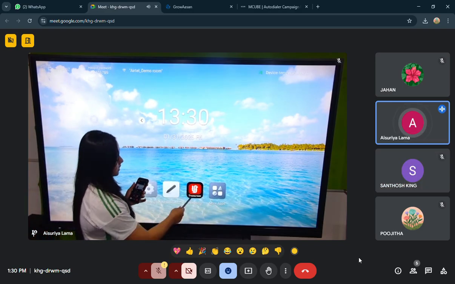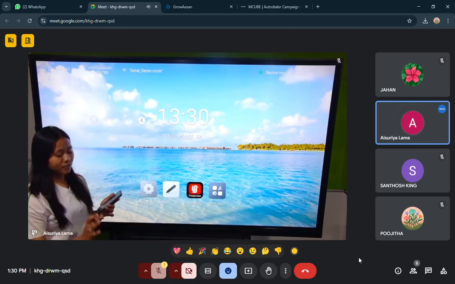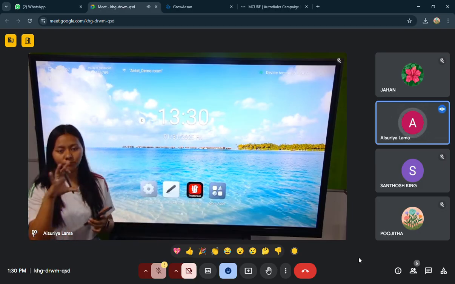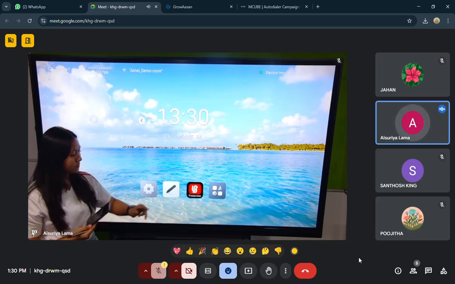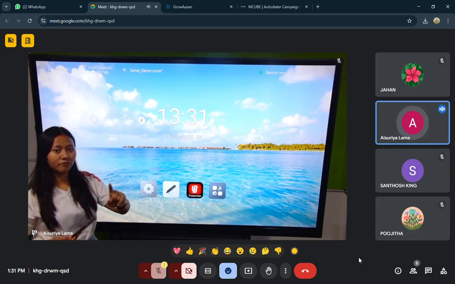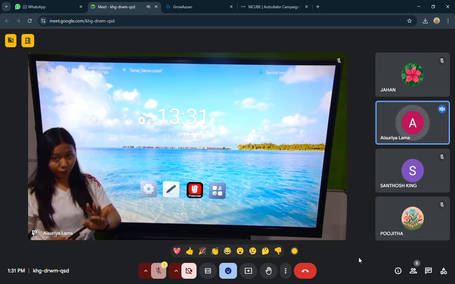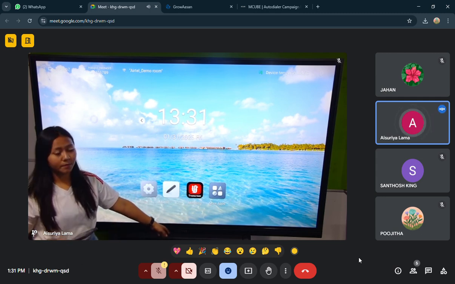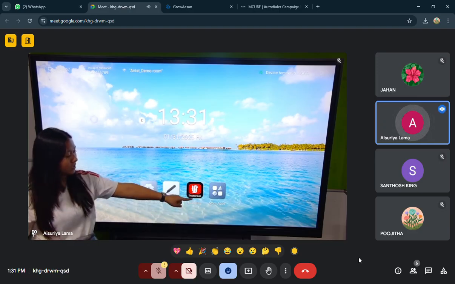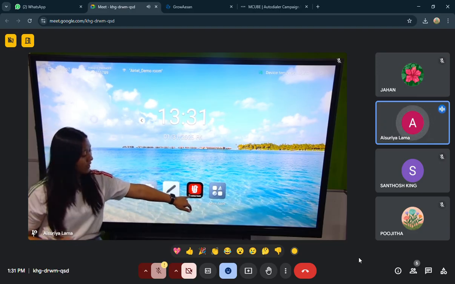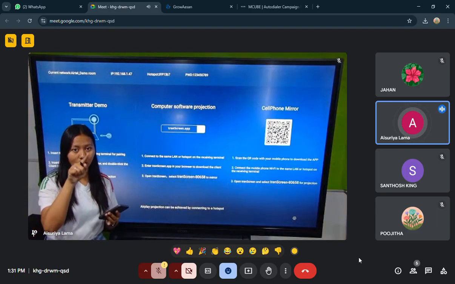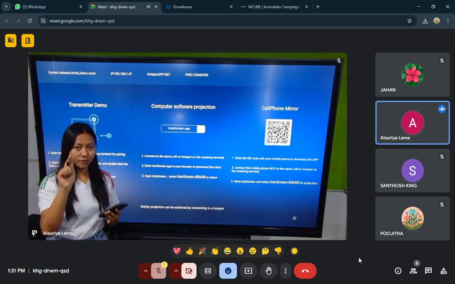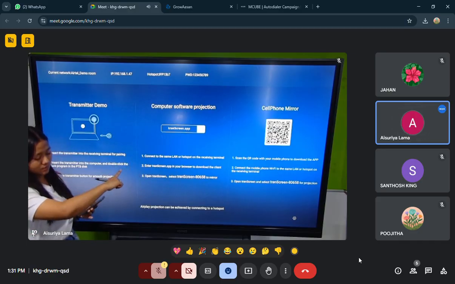Moving forward, here it's written mirroring and transcreen. So I received a picture of your home page. There it's transcreen, it's blue in color. So it's just a matter of logo. You have the latest version, that is Android 14, and this is Android 12, but it is the same thing. It's just a matter of logo. So if I click on this option, this is transcreen. You might have that in blue color. If you click on that option, this page will open, the same page.